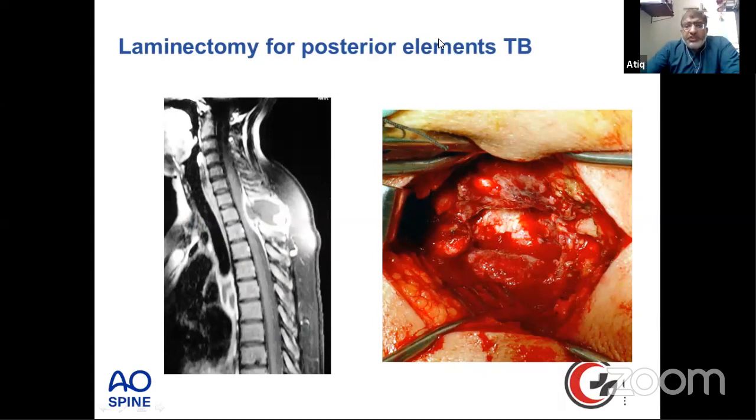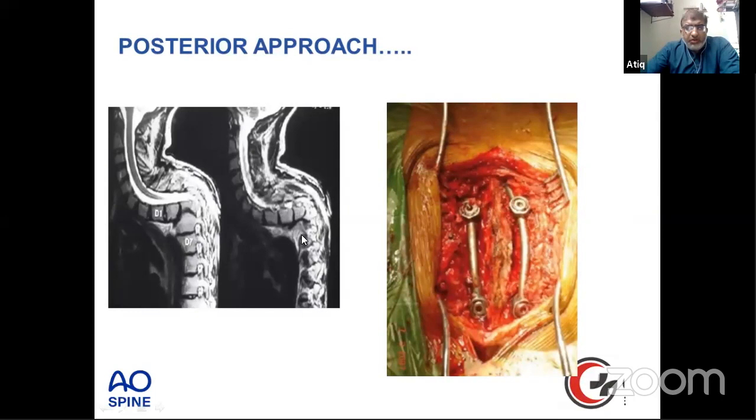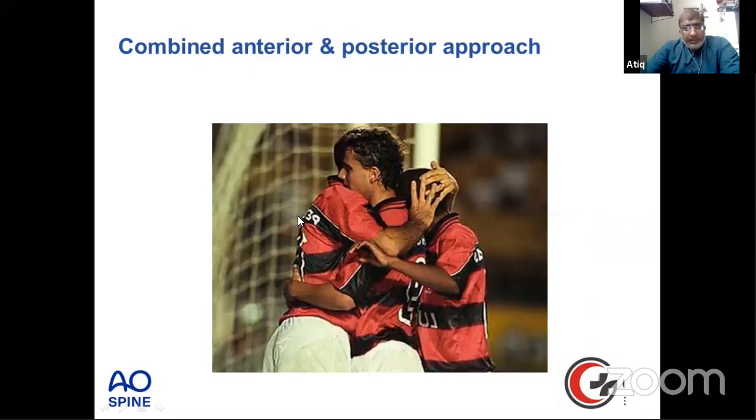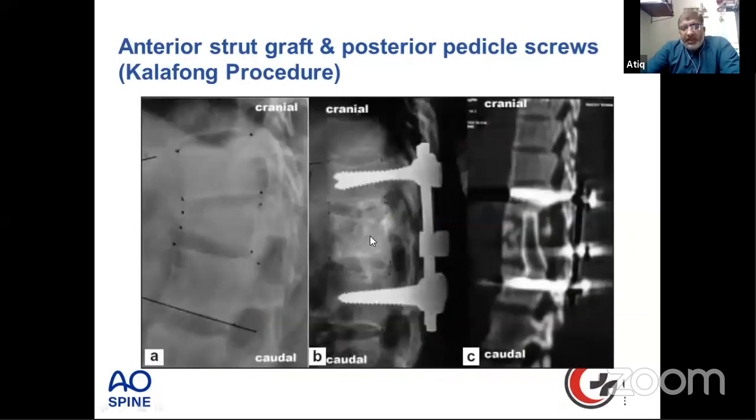But the posterior approach is indicated if the tuberculosis is only posterior, like in this case. All the pathology is posterior. So you can go posteriorly and do the posterior decompression. Or if there is a rigid deformity and you want to correct it by doing vertebral column resection, the posterior approach is indicated. Then you can have a combined anterior and posterior approach in which you go anteriorly